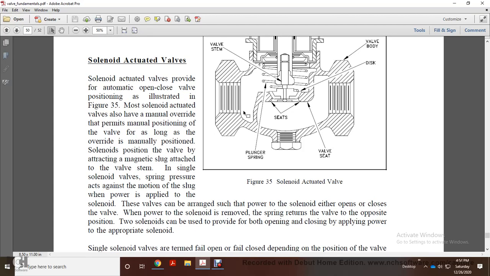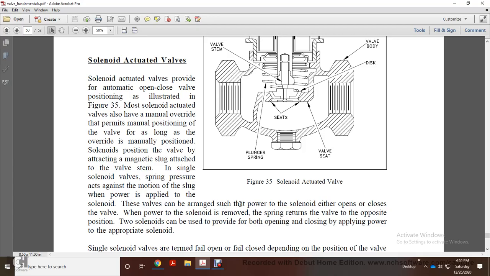Alright, solenoid actuated valves. Solenoid actuated valves provide automatic opening and closing of valve position, as illustrated in figure 35. A solenoid actuated valve can be manually overridden, with permanent manual positioning of the valve as long as the override is manually positioned. The solenoid positions the valve by attracting a magnetic slug attached to a valve stem. In a single solenoid valve, spring pressure acts against the motion of the slug when power is applied to the